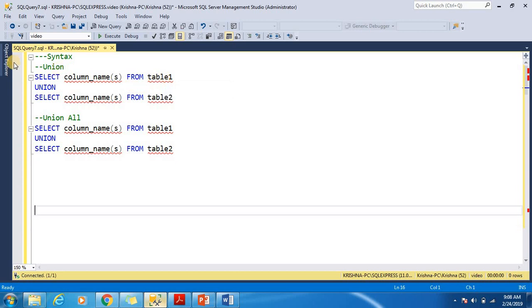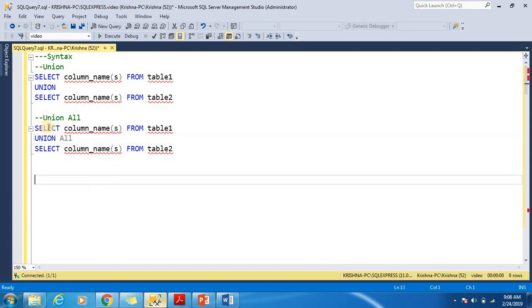Then you use UNION, then another query, SELECT column names FROM table 2. So these are the two tables, and here you can apply UNION ALL. This is query 1 and this is query 2. If you want to add more queries,